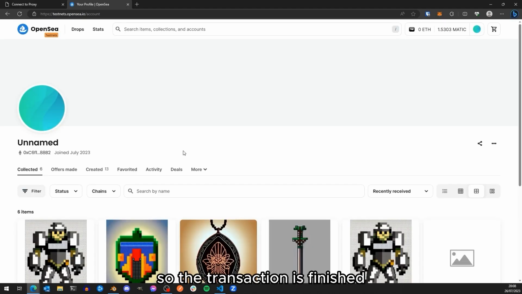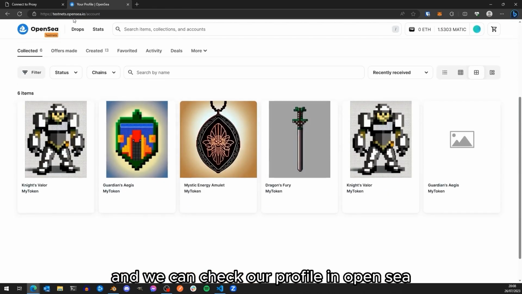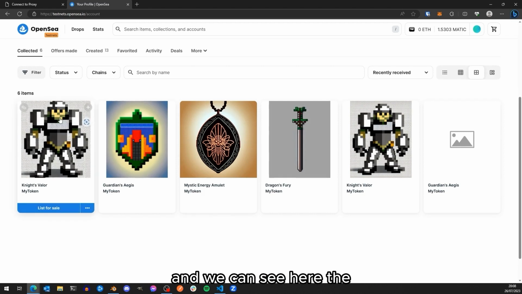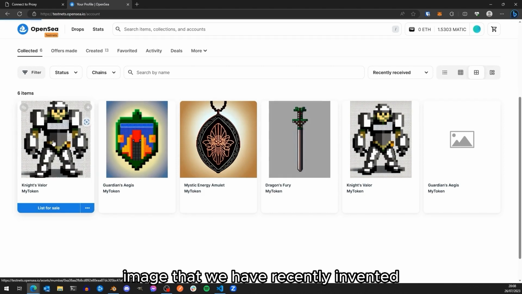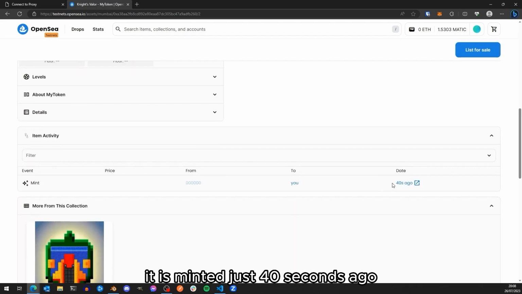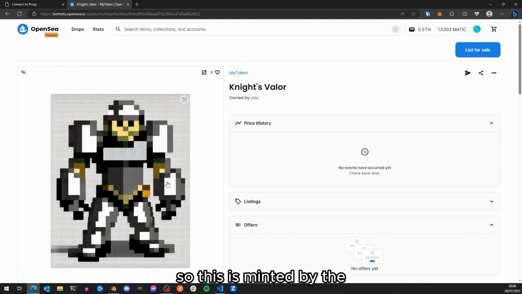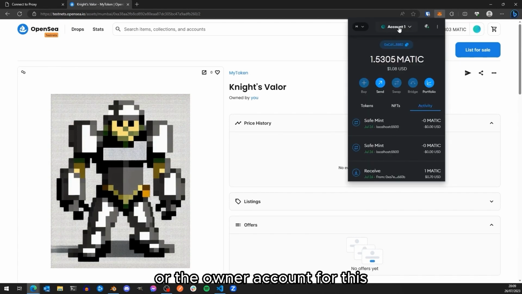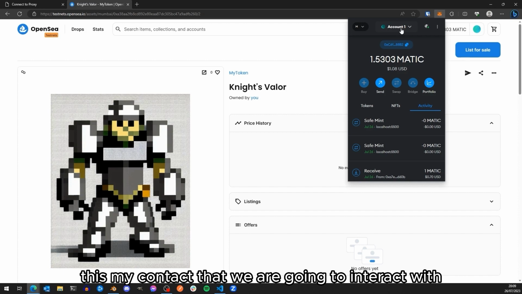So the transaction is finished, and we can check our profile in OpenSea, and we can see here the image that we have recently minted. So let's open it, and you can see here that it was minted just 40 seconds ago. So this is the NFT that we have recently minted. So this is minted by the first account, or the owner account for this smart contract that we are currently